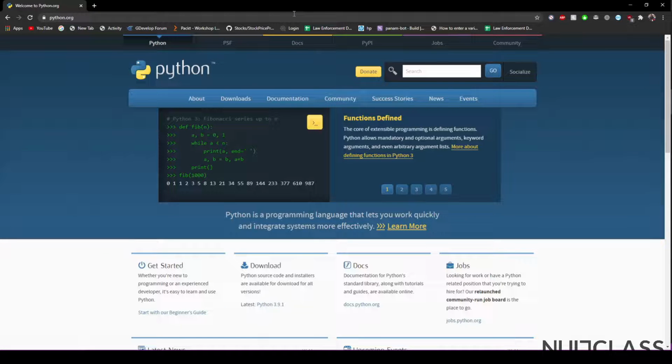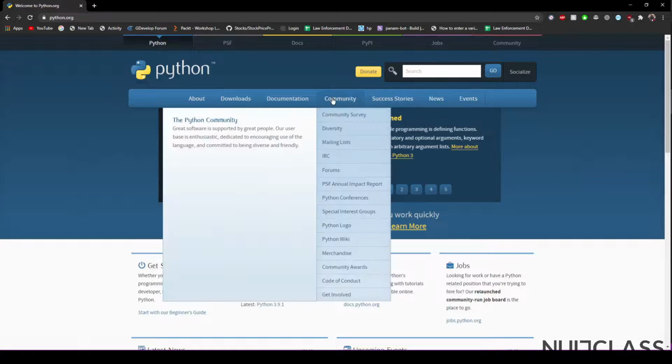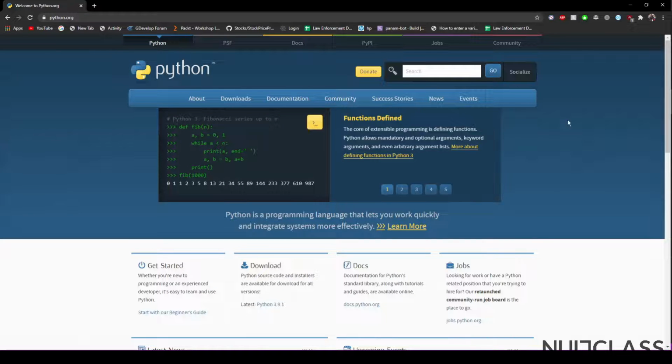Python.org is the official website for Python. It contains all the latest versions of Python which are being moderated and repaired, and it also has a large community for any problems you encounter during any of the processes which involve Python.